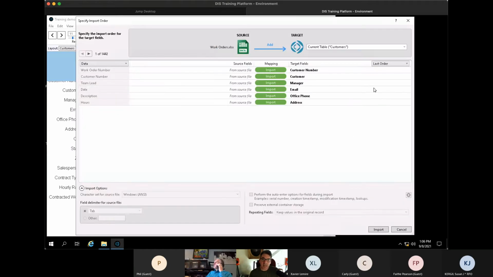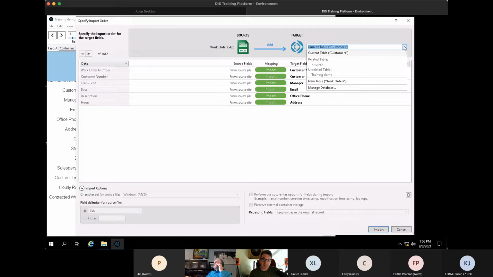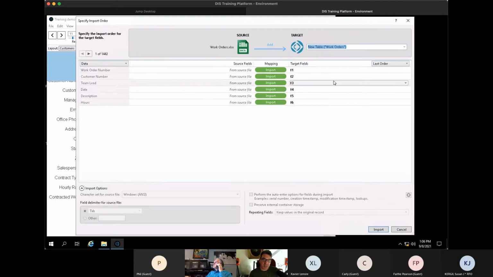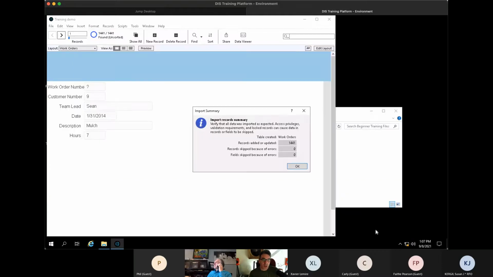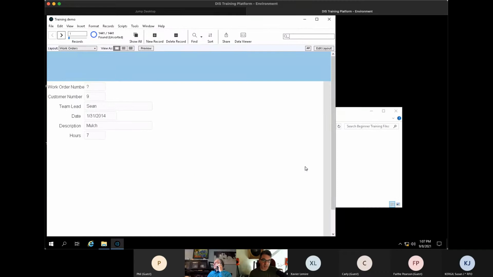Open. Up in the top right, I'm going to say New Table. And in the left, I'm going to say Use as Field Names. And then when I click Import in the lower right, I'll get a new table imported with 1,400 work orders that came in. Okay, I'm going to stop sharing